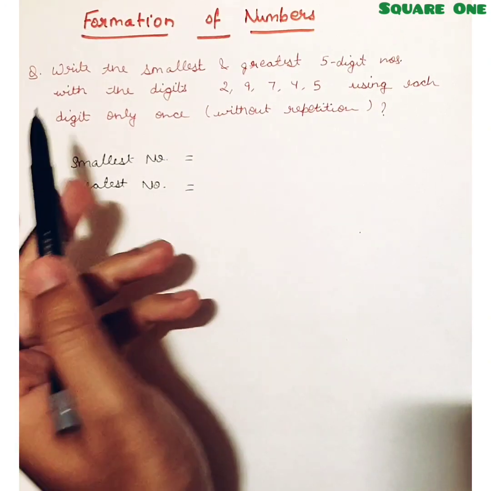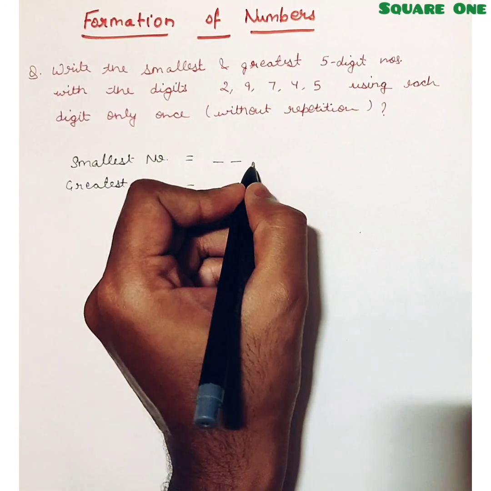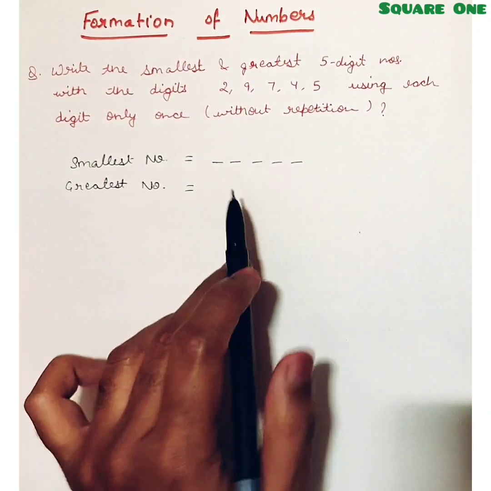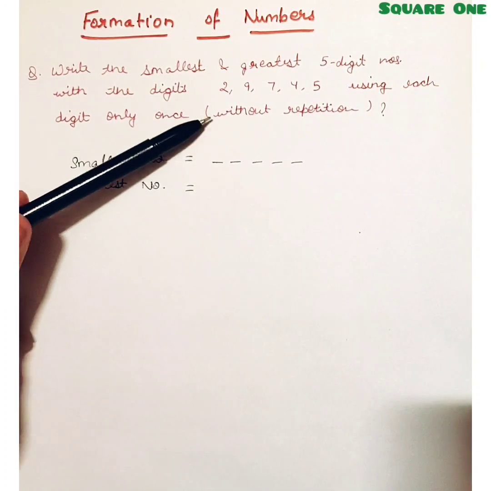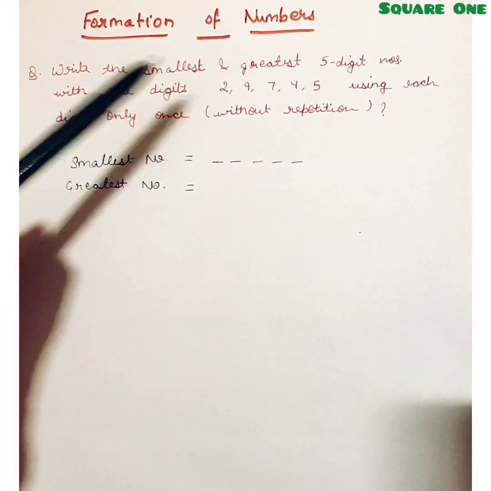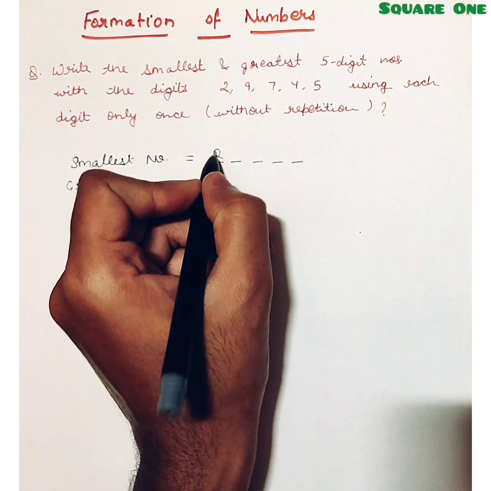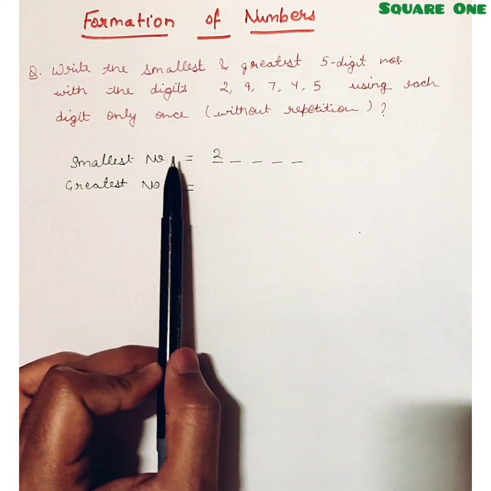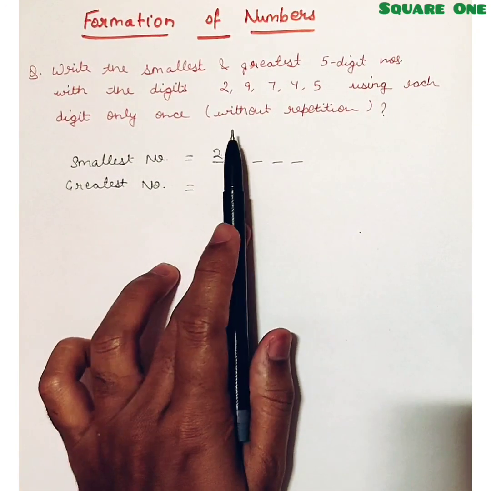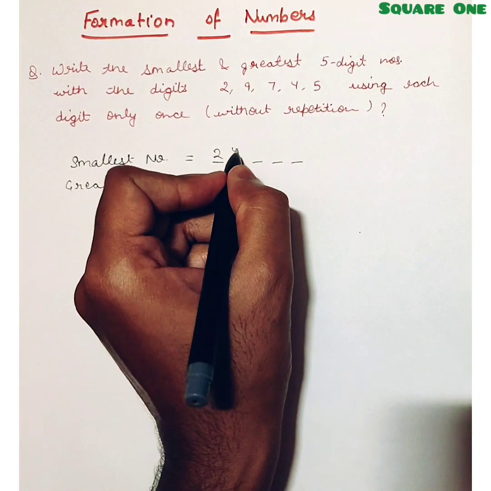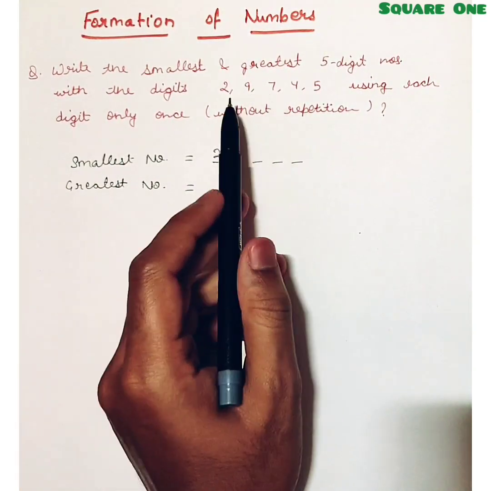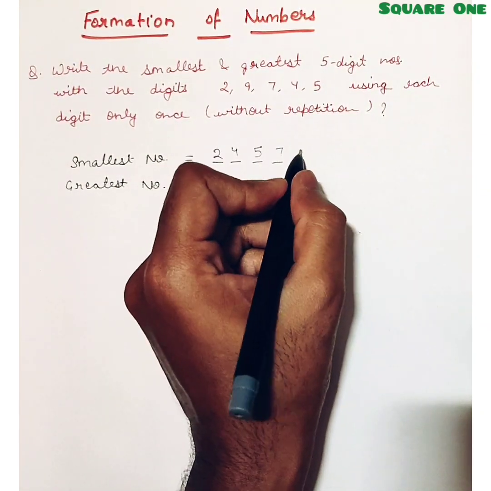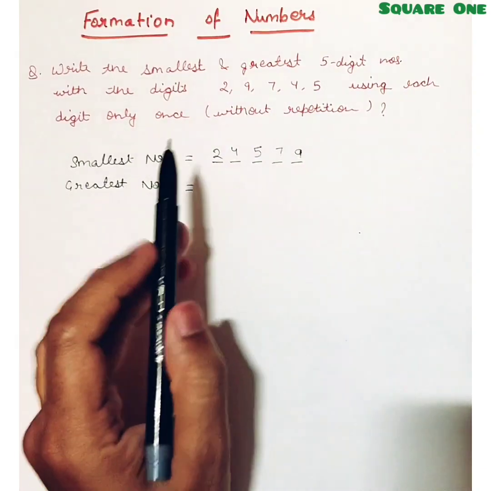Since we have to write 5-digit numbers, both of our numbers are going to have 5 places, or that means 5 digits. To write the smallest number, the first digit should be the smallest among these digits and the smallest is 2. We are going to make the smallest number, so our number should start from the smallest digit and go up to the bigger digits. Okay, the next smallest digit is 4, so our next digit will be 4. Then we have 9, 7 and 5. 5 is the smallest among these, then 7, and last we have 9. So this is how we make the smallest number from the given digits.